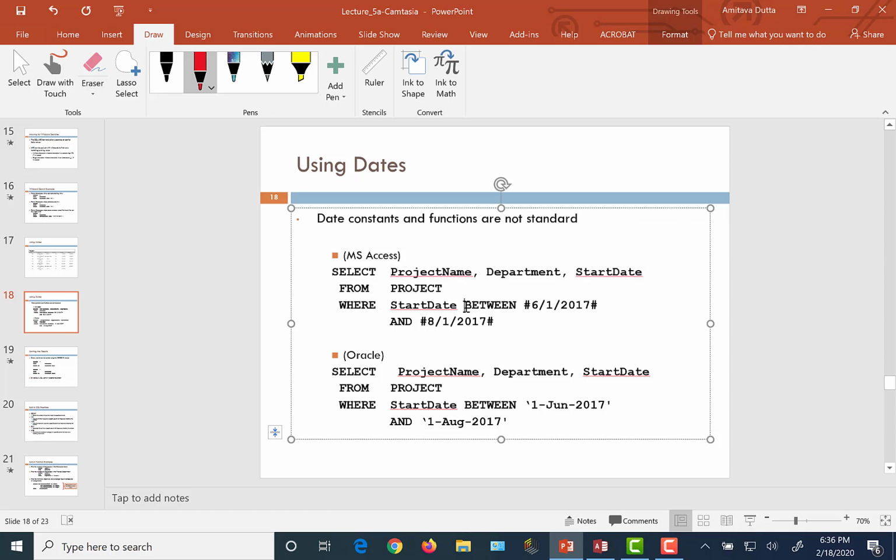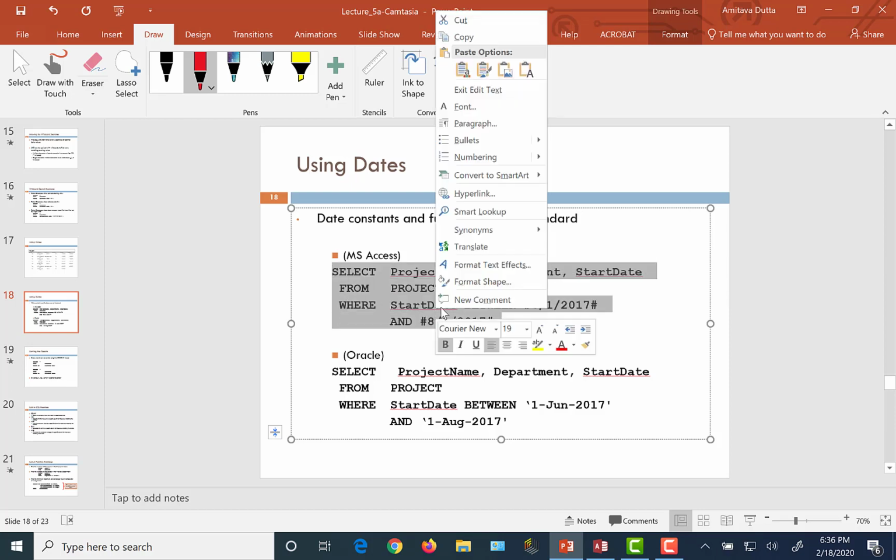And the reserved word between you have seen before, where we had extracted assignments in which employees had worked between 50 and 60 hours. So the reserved word between can be used in many different contexts. Here we are using the word between to express a range of dates. Okay, so in the previous example we had used between to express a range of hours, but the basic idea is the same. So let me take this SQL query,